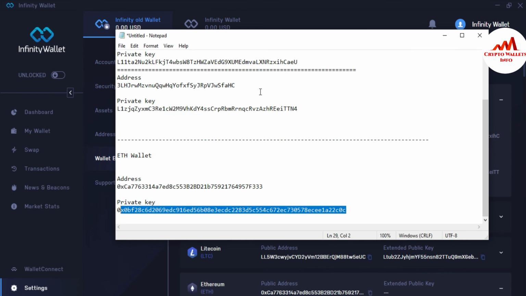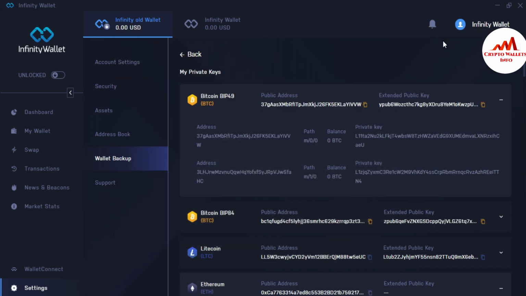When you create multiple copies, you will save these copies on a USB drive or external hard drive or CD, or write them in your personal diary, because sometimes you need to recover your account, import your account, or restore your account. Then you will use this information. This information is very necessary for you, so please keep in mind, if you do not have this information, you cannot recover your account or import your account.